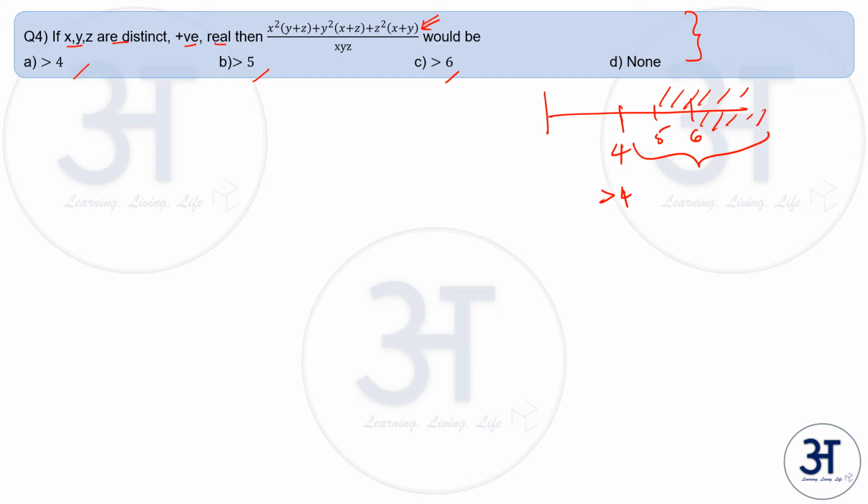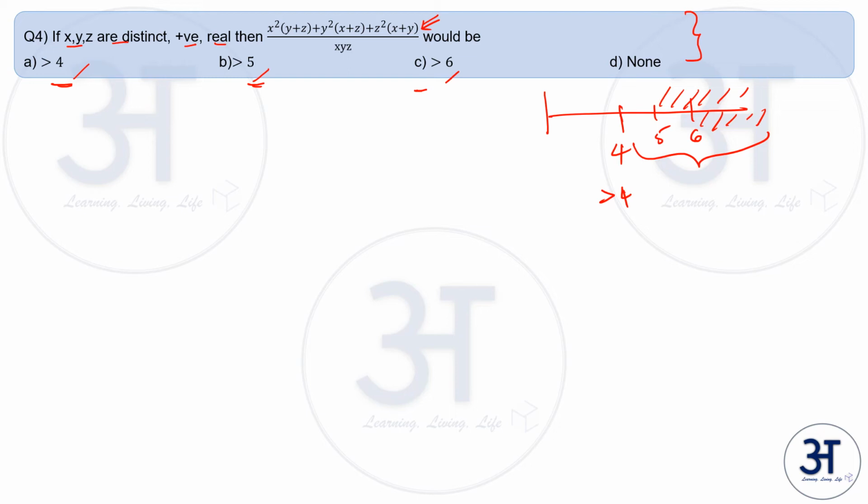So you should be very careful before eliminating options here. Someone would say that if it is greater than 5, it is anyways greater than 4, so it may not be the answer. And similarly with the 6, and hence I will go with a 4 or none. But you should not eliminate like that in these cases, because when they are asking particularly about this expression, especially in these kind of questions, time and again there were options where there is a part of the answer which is common. So what they actually mean is it should be able to take all the values which are greater than some a, where a can be 4 or 5 or 6. So with this understanding,